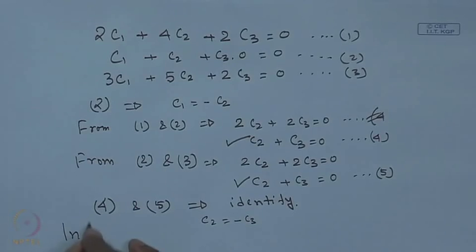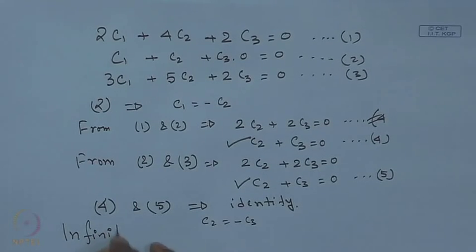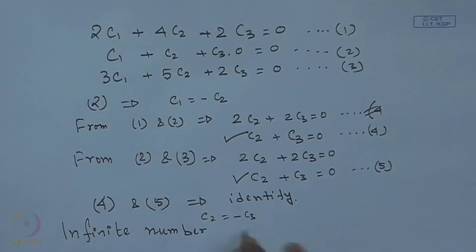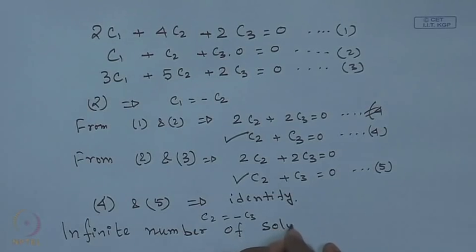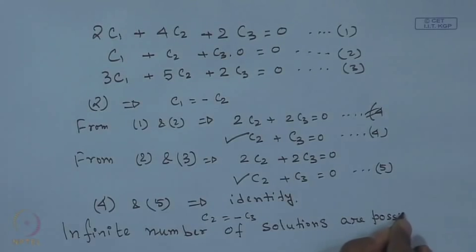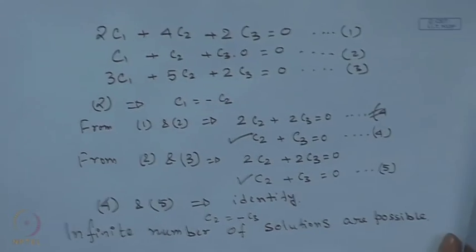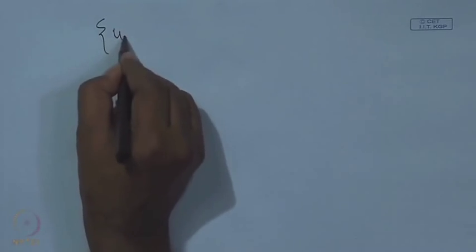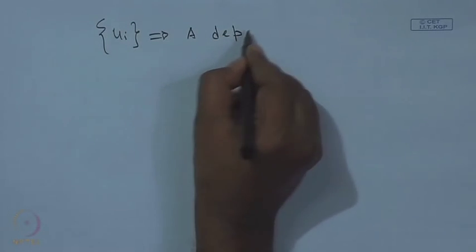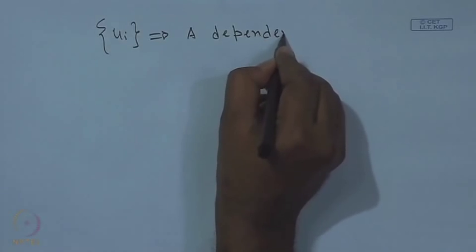So, an infinite number of solutions are possible, and therefore this set of vectors is a dependent set of vectors, they are no longer independent. So, the conclusion is Ui constitute a dependent